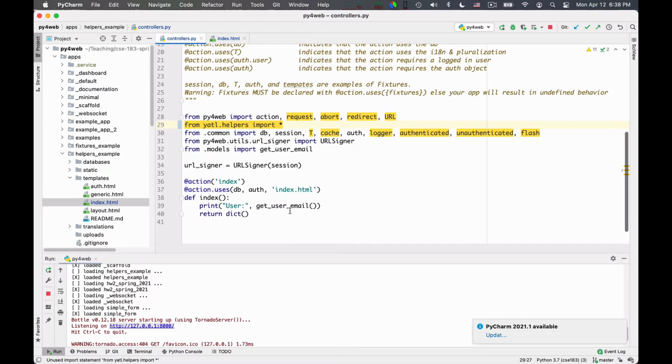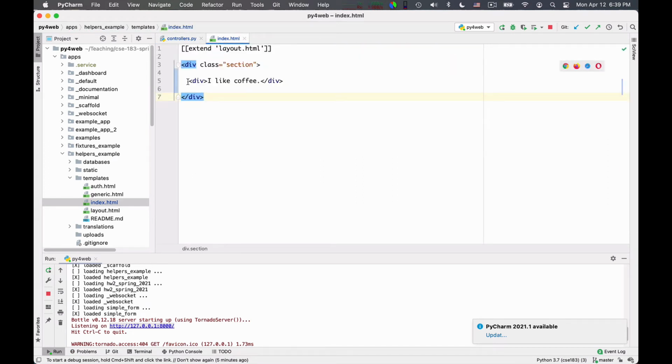And here, instead of returning an empty dictionary, I can say content is equal to a div that has as content I like coffee, and I return a dictionary, content is equal to content, and then in the template I simply say put out the content variable, okay?